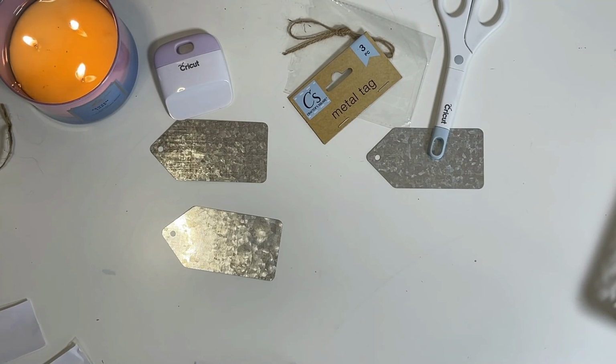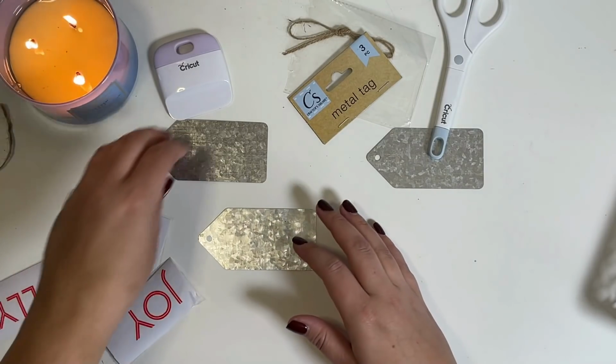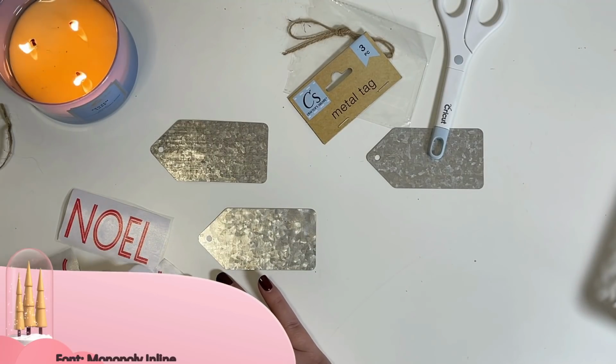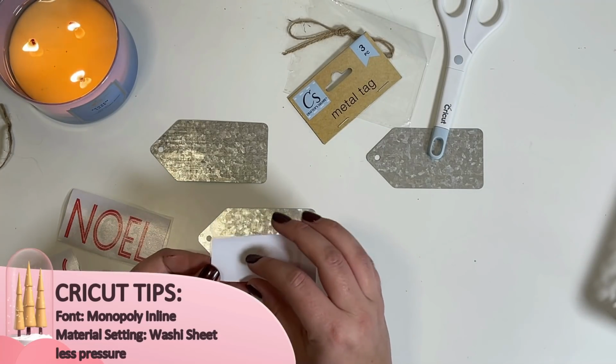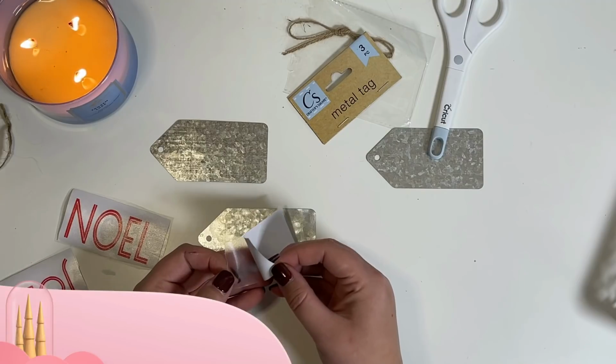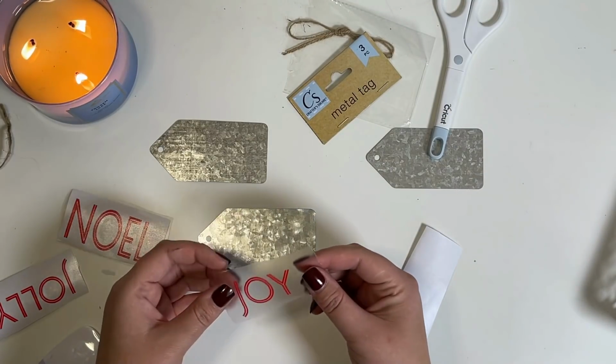If you don't have a vinyl cutting machine, no worries, you can just use some Dollar Tree stickers. Dollar Tree has an assortment of letter stickers, or you can use a red Sharpie and hand letter the metal tags. After my vinyl was cut and weeded, I just used some medium tack transfer tape to apply them to